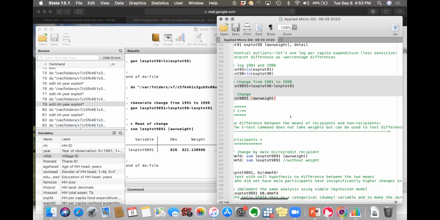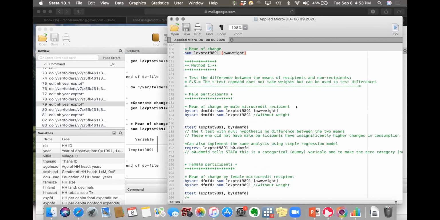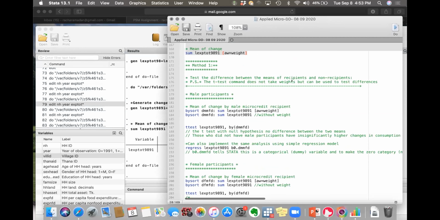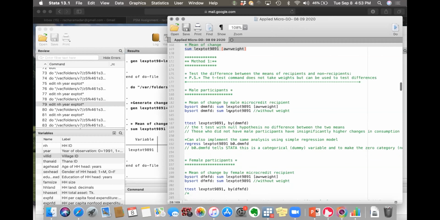Okay, the first thing we'll do now is test the difference between the means of recipients and non-recipients of the total per capita expenditure. This t-test does not take weights into consideration, so it will not use the sample weight. If we simply do this,